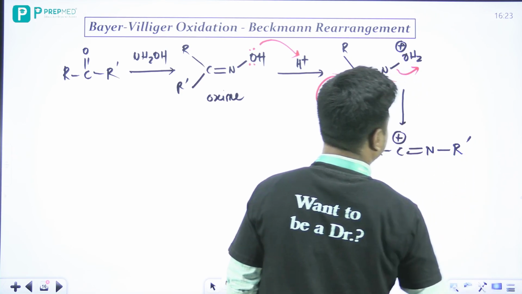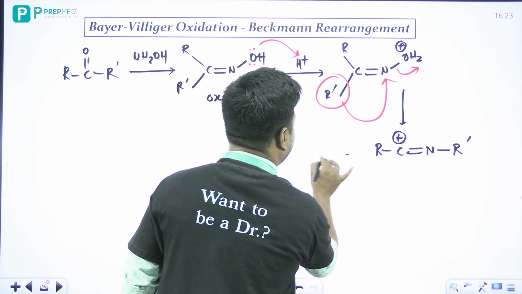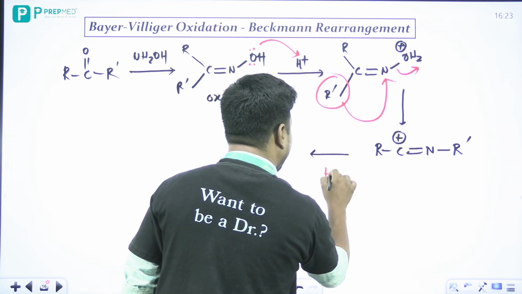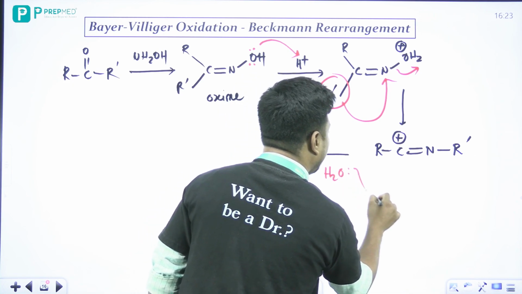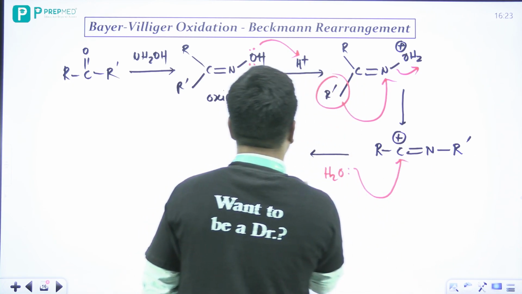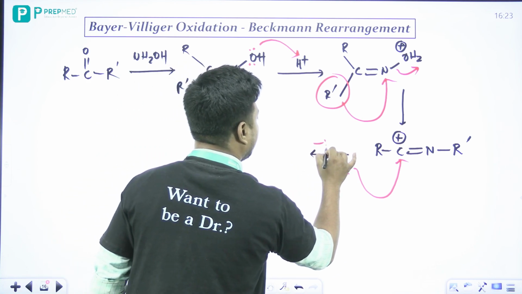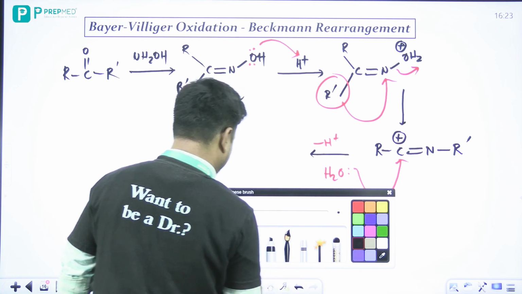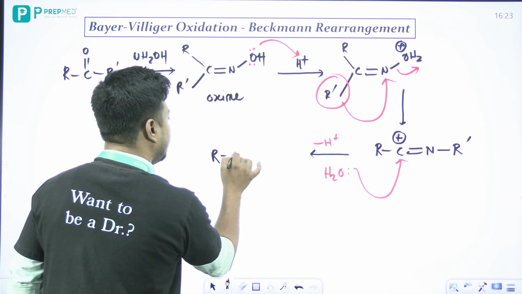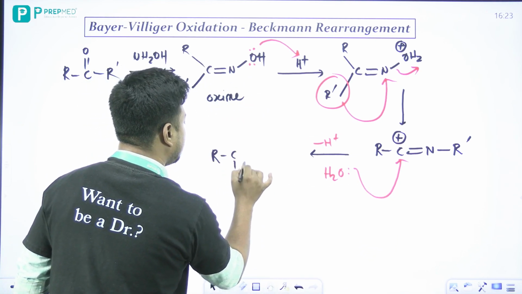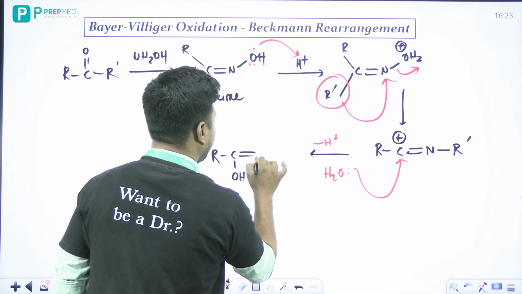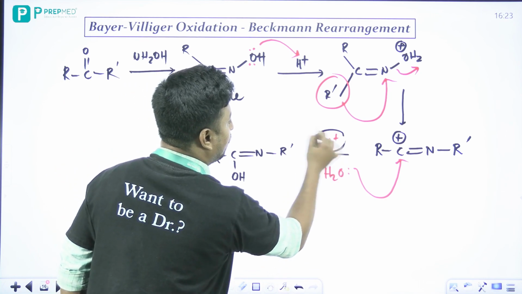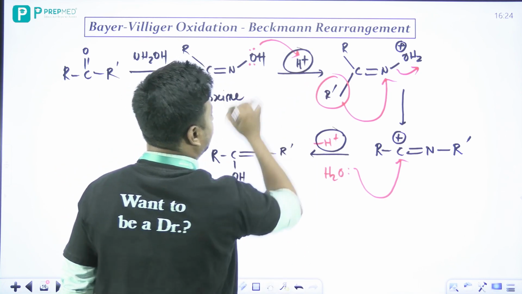R prime. Okay, now beta, there is water in the medium, right? So what will this water be doing? This water will be attacking here, and what will we get? Water H will come out, and finally we get R C OH double bond N R prime, right? So since we are getting the acid back and we are putting a water molecule back,